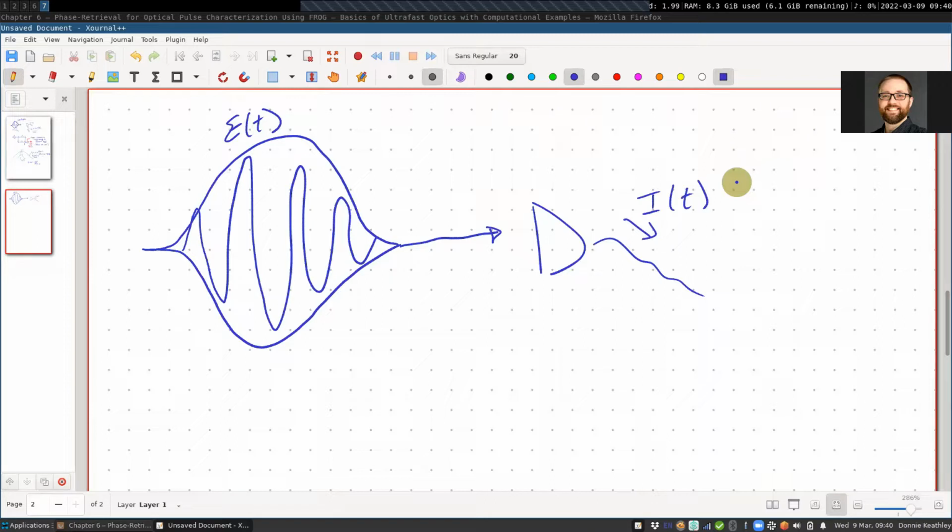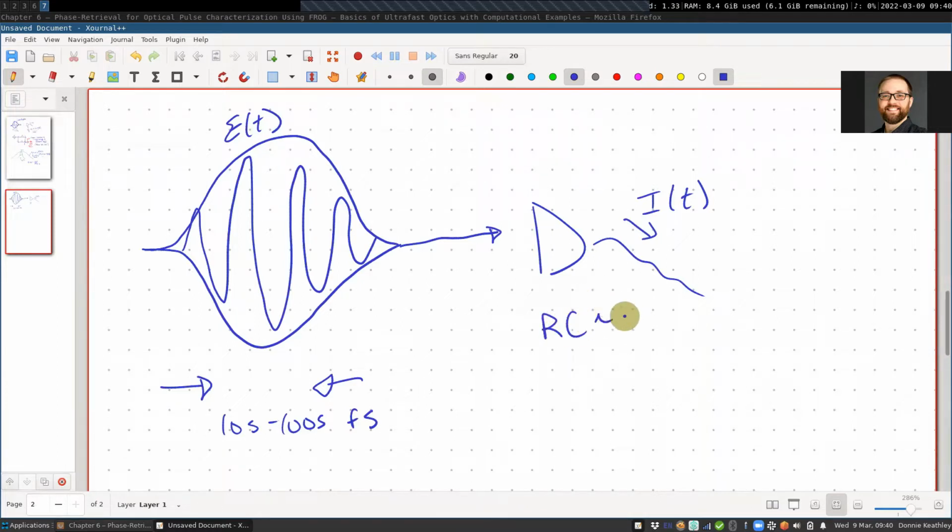So the difficulty here is that these pulses that we're interested in, at least that we've been discussing heavily in this course, have been on the order of tens to hundreds of femtoseconds. You can have, of course, fast pulses that are on the picosecond to nanosecond range, but really, truly, ultrafast pulses that we're interested in mostly are on this tens to hundreds of femtoseconds range. And the problem here is that typically most detectors we have